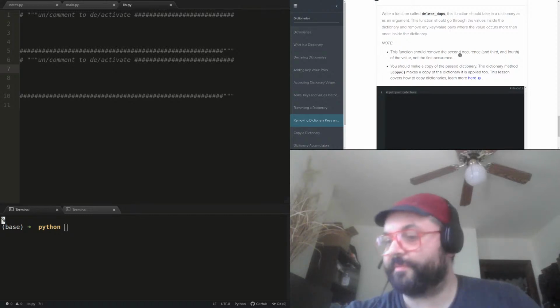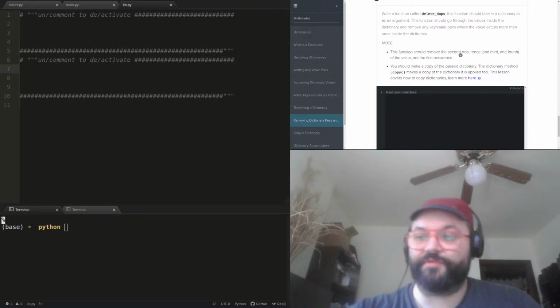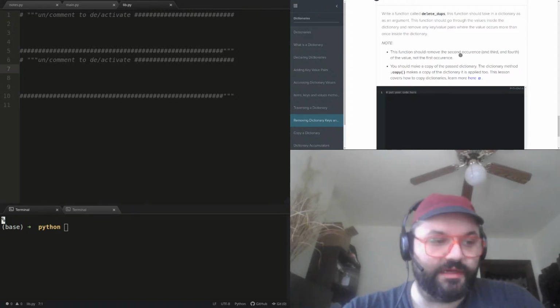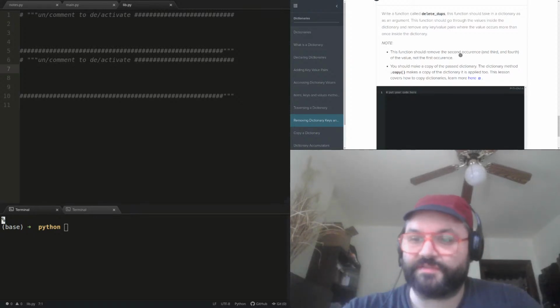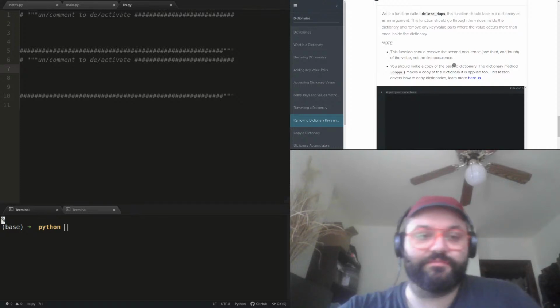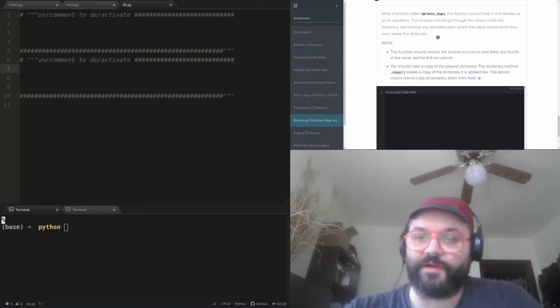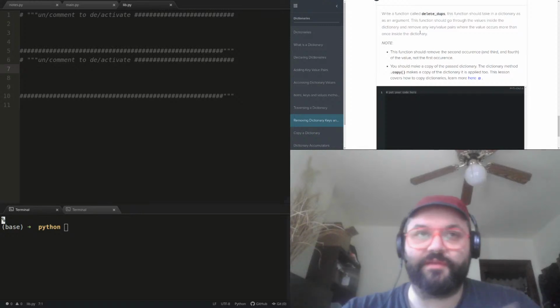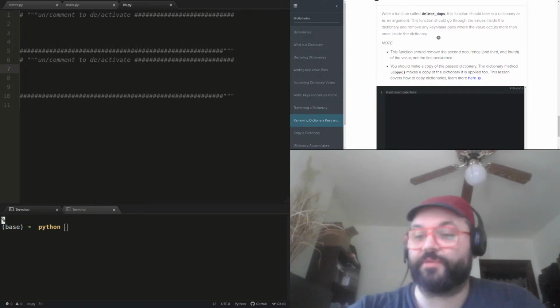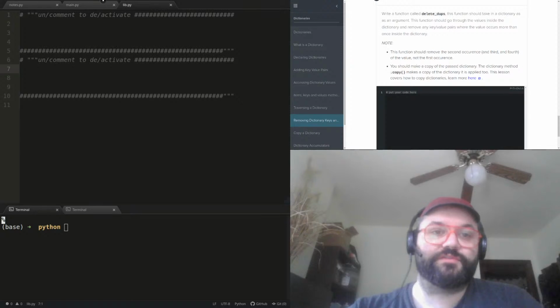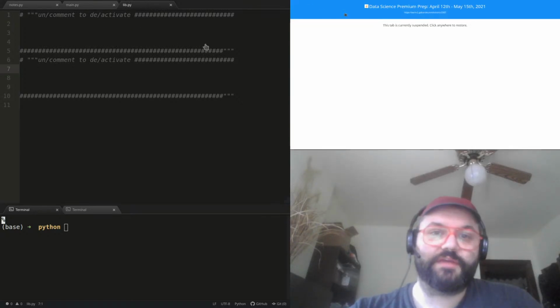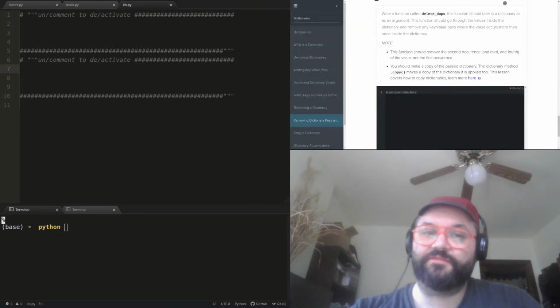So that's the primary purpose, to give everybody a venue to access us and have a place to just chat about Python and talk about Python problems and explore and play around in a more free-form way than going through the material in Premium Prep or just going straight through the Learn material. So do feel free to bring in any questions you have because that's really the primary purpose.